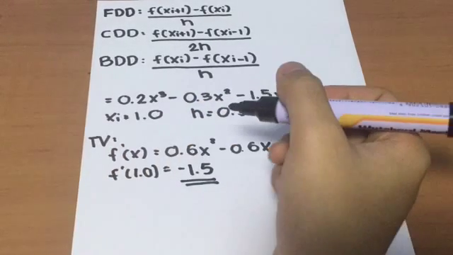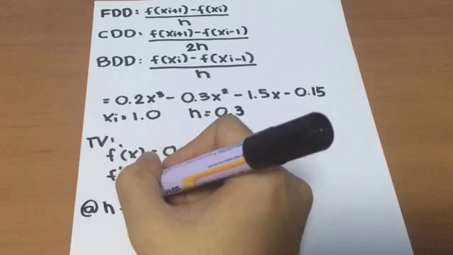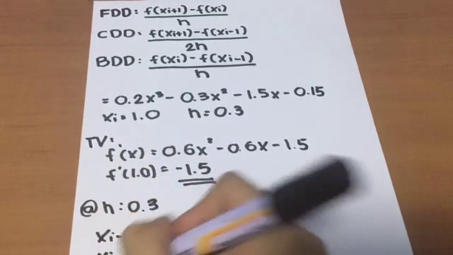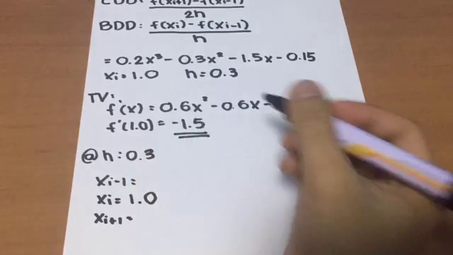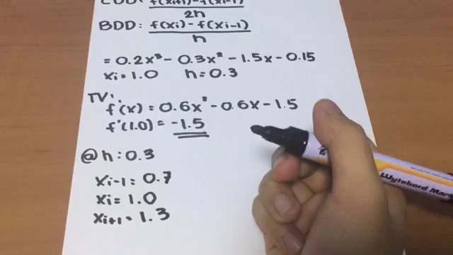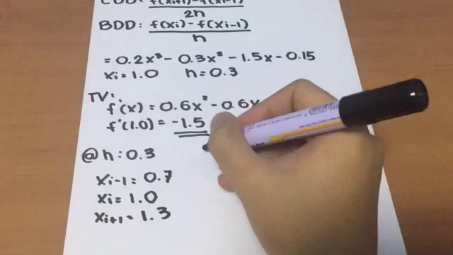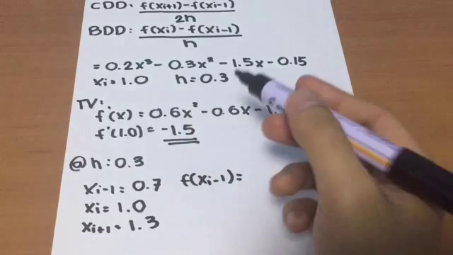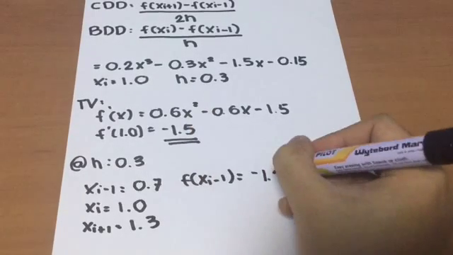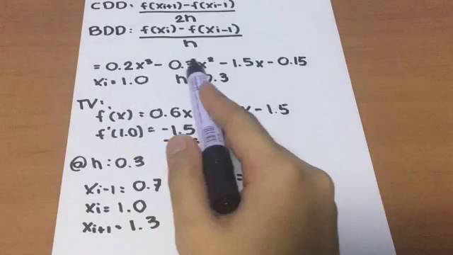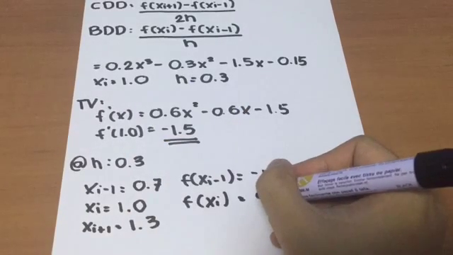We get our true value through assigning the xi to our equation. So at step size 0.3, xi is 1, xi minus 1 is 0.7, and xi plus 1 is 1.3. We get their functions as we substitute the values of xi minus 1, xi, and xi plus 1 to our main equation,